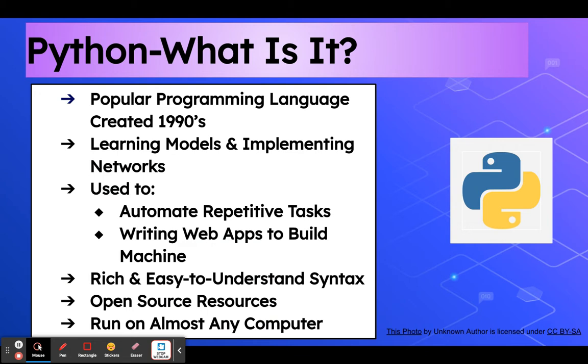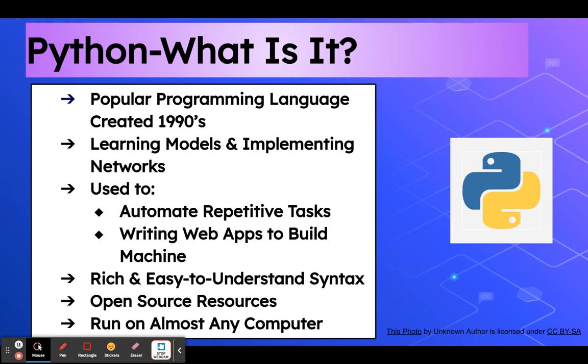Rich and easy to understand syntax. That is very important, because it's in the regular language, like what we understand, kind of like the words print, etc. Not some sophisticated language that you have to learn in addition to learning how to write the code. And another good thing is it's open source, and it has resources that are open source, which means you can go in there and look for something that you can use, and you can actually download it and then tweak it for whatever you want to do.